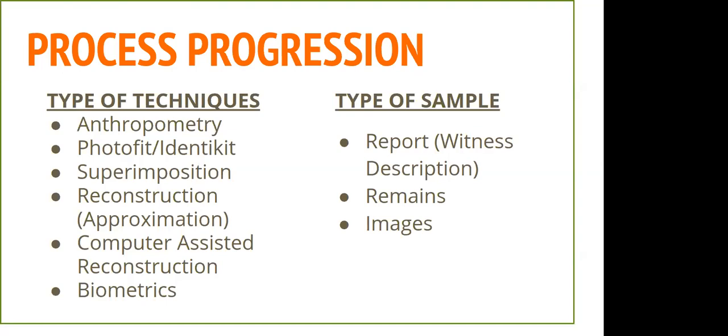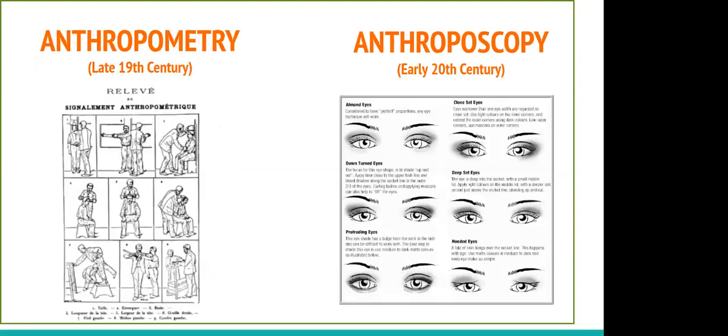And by type of sample, I mean that undoubtedly there are multiple techniques available out there for analysis, but all those techniques may not be applicable to a specific evidence. For example, if we are talking about CCTV images, and there is a questioned individual there, anthropometry won't play a role there. And 3D reconstruction is not required there, or computer-assisted reconstruction is not required there. So we can also understand this on the basis of the type of sample submitted. I'll be taking you through all these on the basis of the techniques that have developed so far.